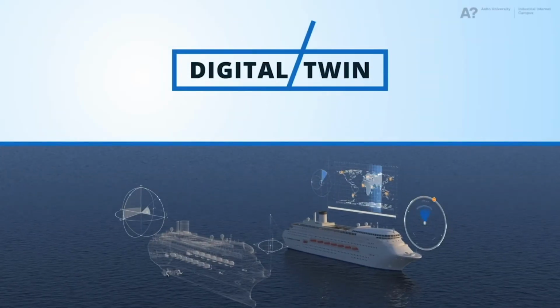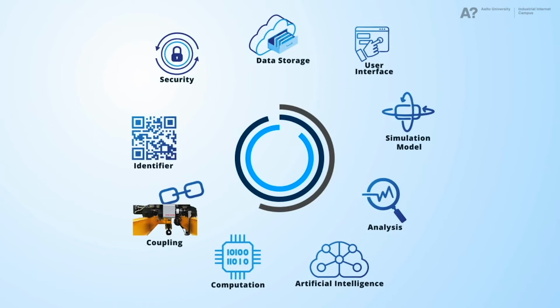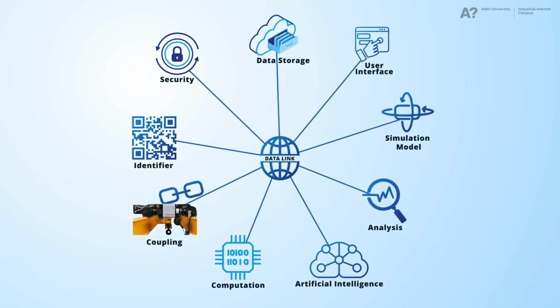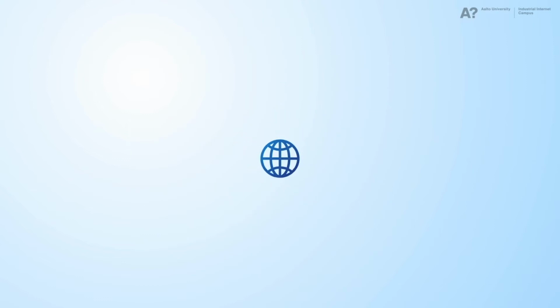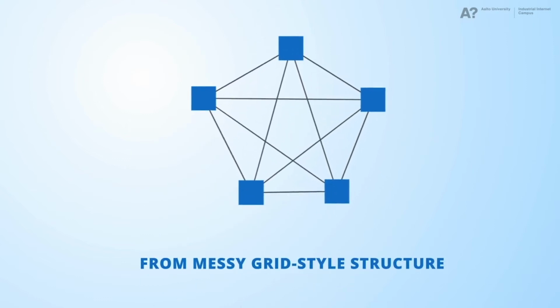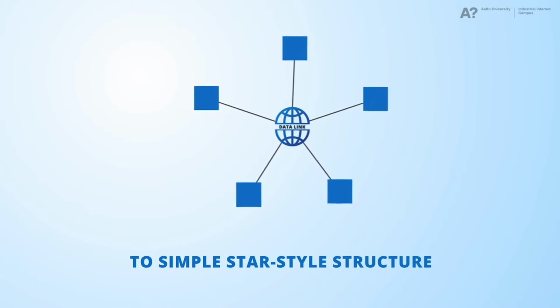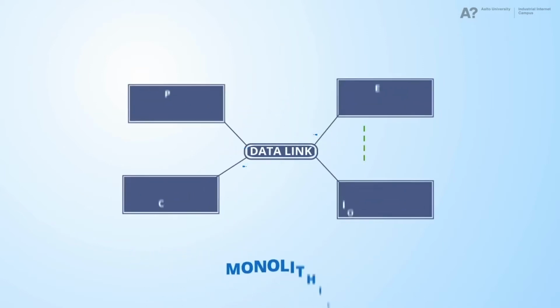Digital twin is not only a replica of a physical model, it is more than that. Digital twins consist of many different features enabling different things, and linking them efficiently together provides the real benefit of the digital twin concept. Instead of the messy grid-style structure, the digital twin features are linked together via a data link. Data link simplifies the interface structure by enabling a star-style structure,